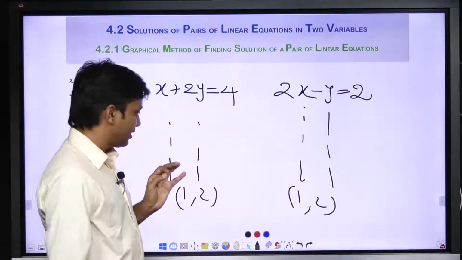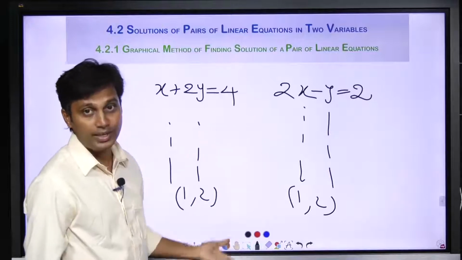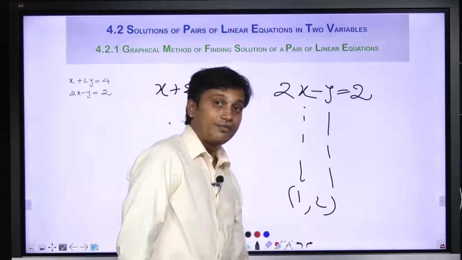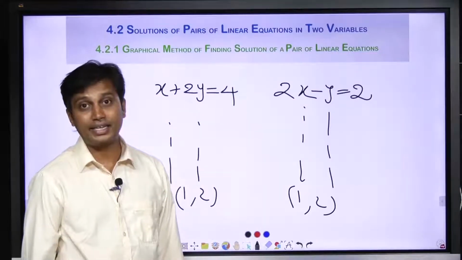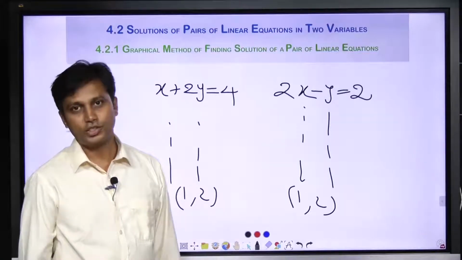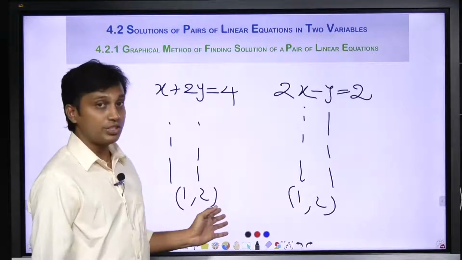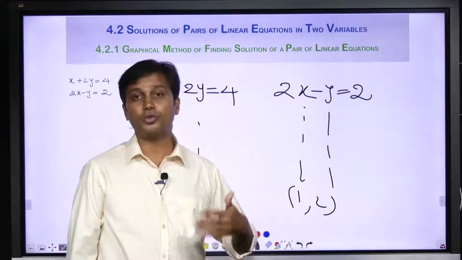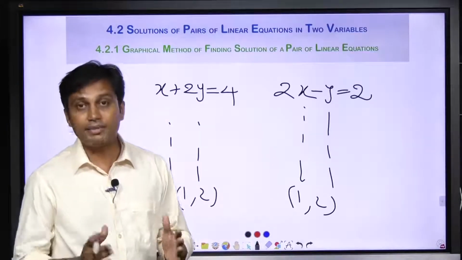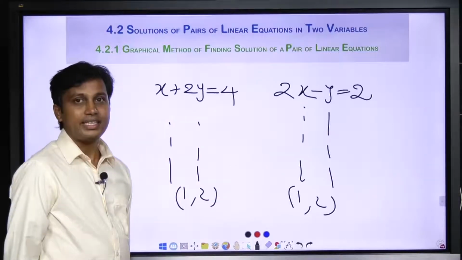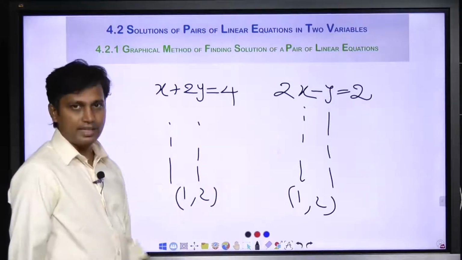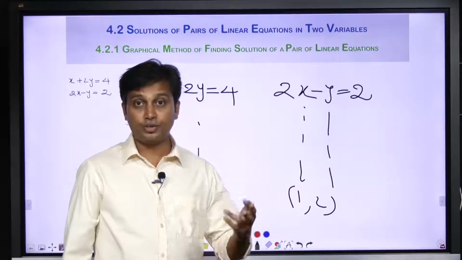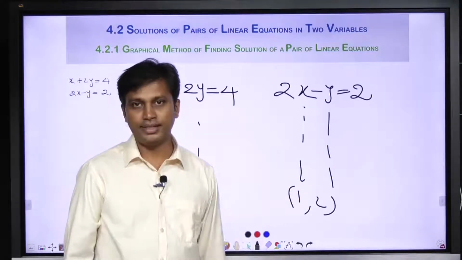But just observe this, guys. If you do it in this way, you need to find the infinite solutions here, and you need to find infinite solutions over here also, which is practically impossible. So we can't write out the infinite solutions and choose the common one among them. It is highly impossible. So how to find the solution for this? There are 3 methods to solve this type of simultaneous linear equations. Okay. The first method is trial and error, which is very time consuming, very laborious. So we shouldn't go behind that. We need to go for the other 2 alternative methods, right. Let us discuss them.